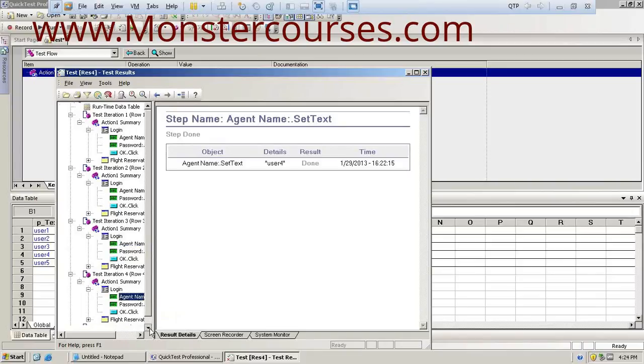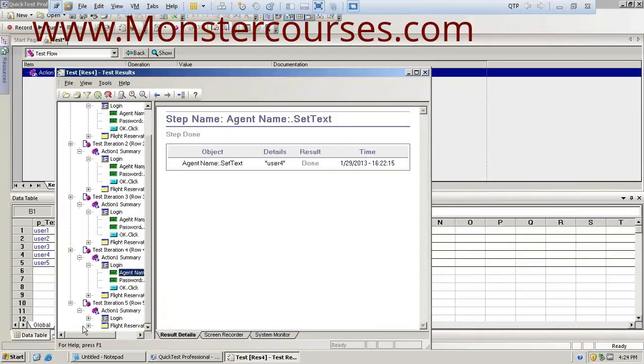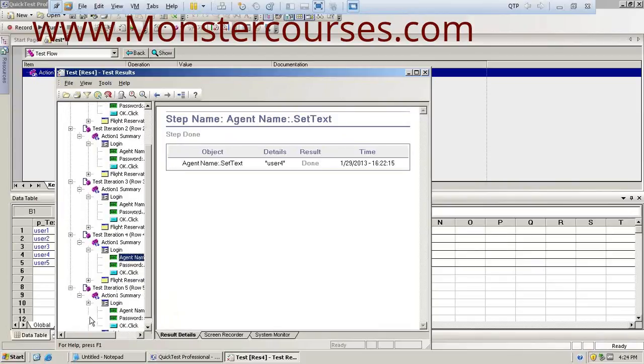User 4. Clear? User 5. So it has opened this application 5 times for executing all the 5 different values of age and name. And the result is passed for all the 5 iterations.